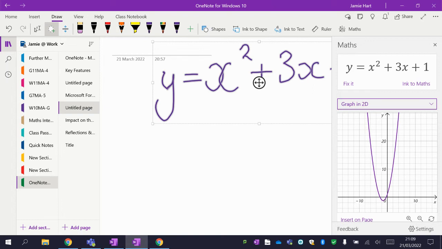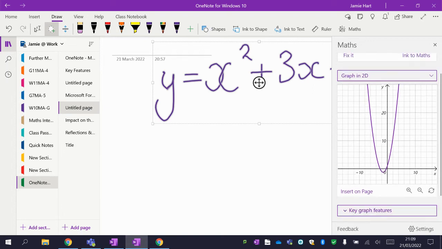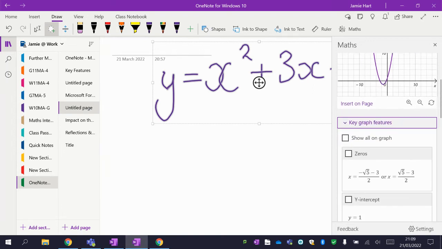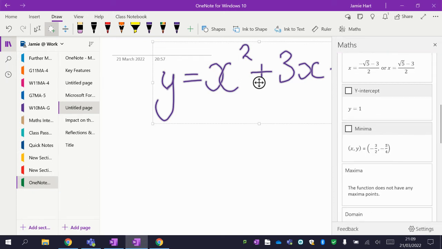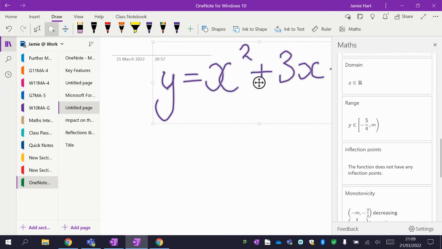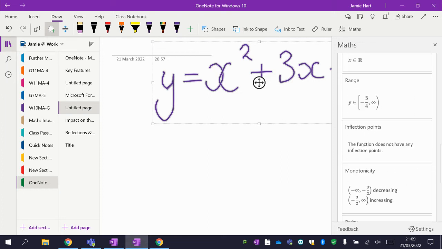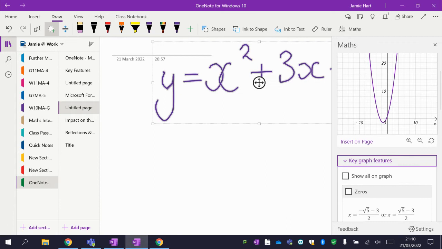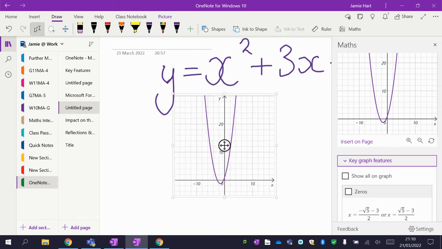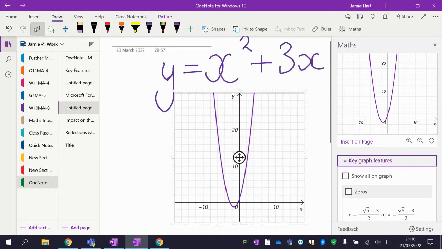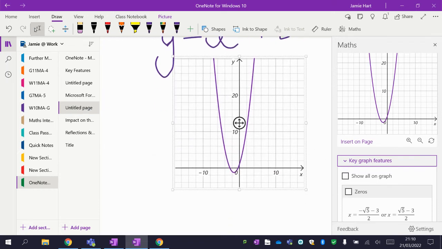And I can zoom in and out, I can change the axes and so on. And I can include on there some key graph features. So I can include the roots, the intercepts, and so on, the maximum or minimum points. And if I wanted to get more advanced than that, I can. And then I can insert this onto the page and then move that object around. And it's just really useful in terms of modeling to students and showing them visually what it is that you're doing in terms of graph work or solving equations, without having to quickly flip between different programs